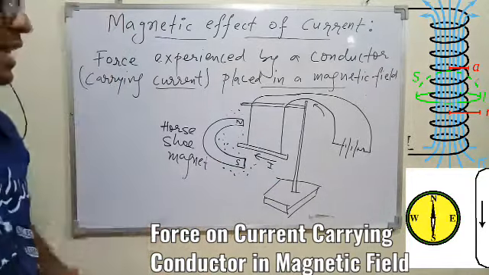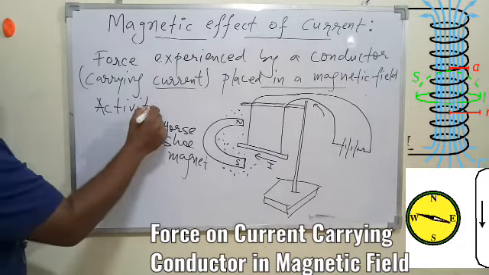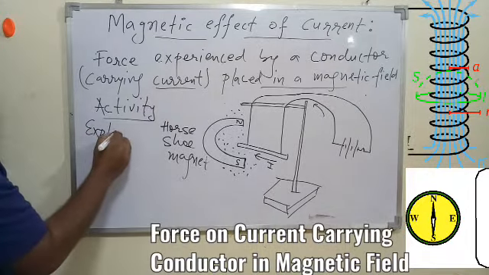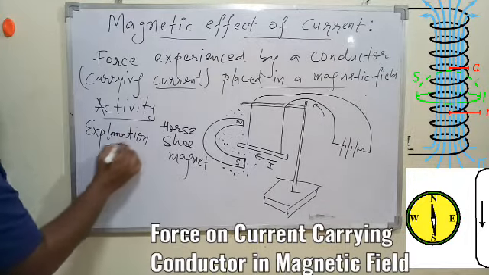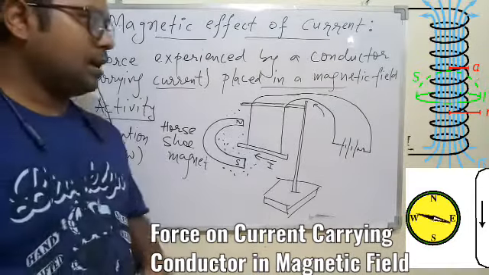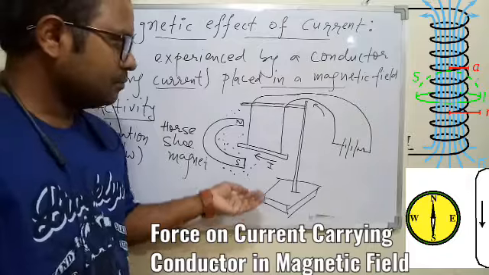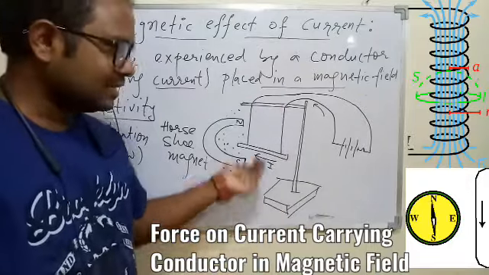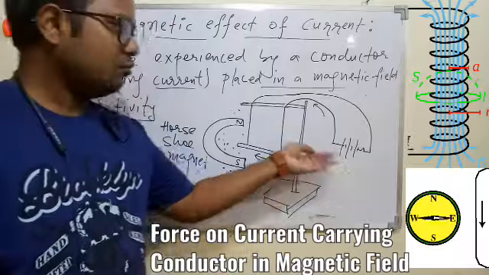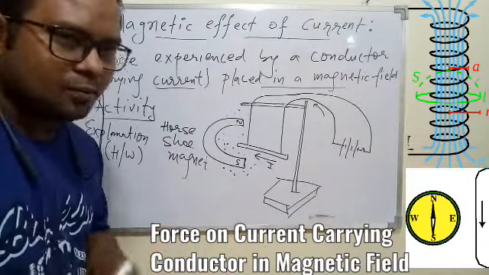So this is the activity which you can explain yourself, and that can be a homework, that is explanation. You can try yourself, because I cannot write this much on the board. I am repeating again, you have to explain this activity in your language. First you have to talk about the setup, what things we have, and then the time you switch on the circuit, what will be your observation. Okay, and whatever observation you have, why.